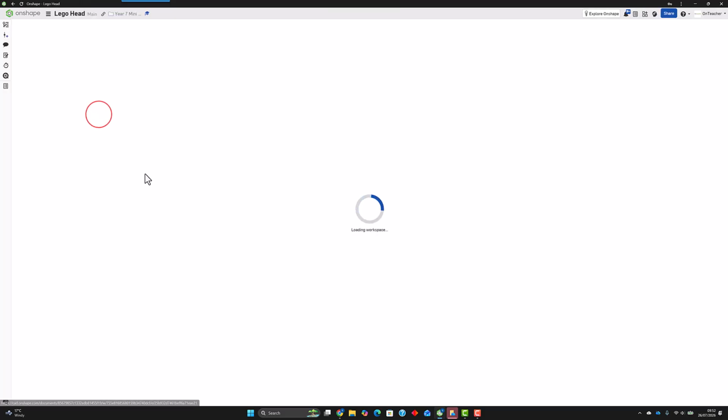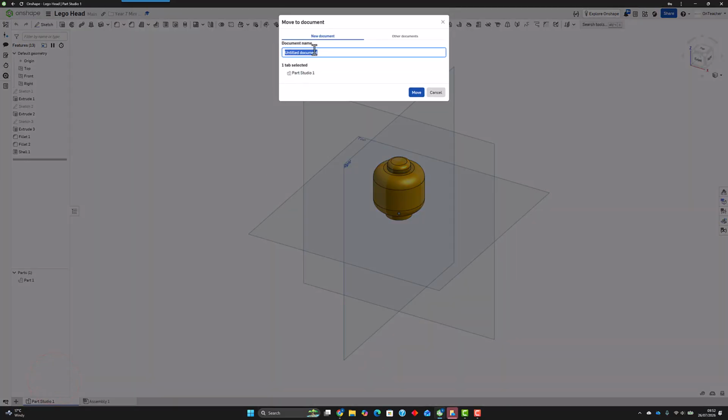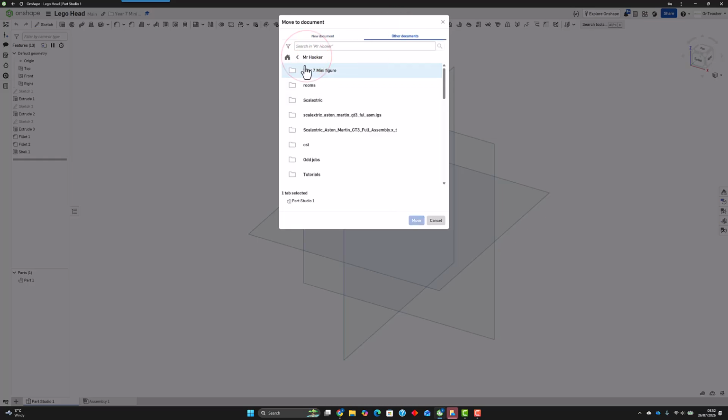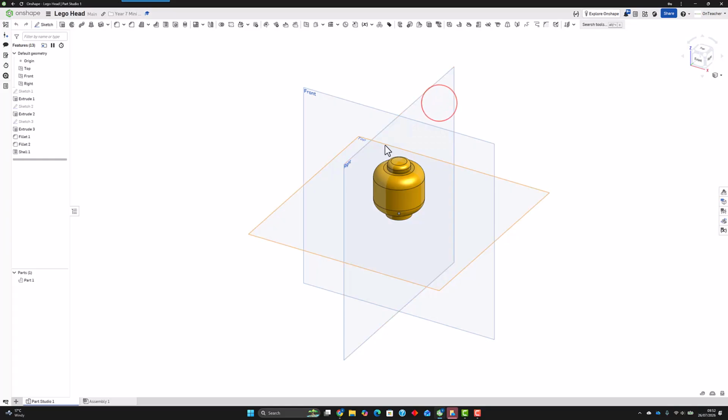You can go into Lego Head, we can click the Part Studio and Move to Documents, and you click Other Documents, and you go through and find it, and you can press Move. Now what tends to happen if you do Move, it gets rid of it. The other option is we can press Copy to Clipboard,